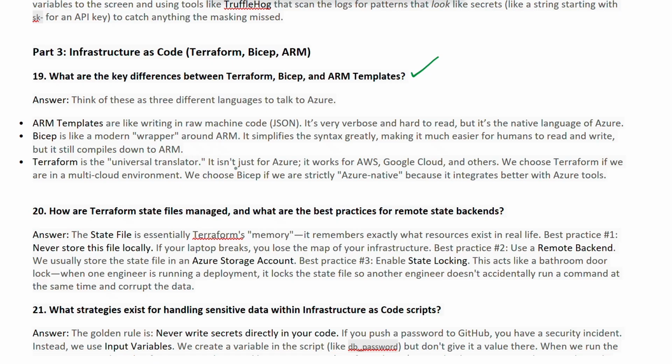It isn't just for the Azure cloud only. It works for AWS, Google Cloud, and other cloud service providers also. So we choose Terraform if we are in a multi-cloud environment, and we choose Bicep if we are strictly with Azure native cloud because it interacts better with Azure tools. So that is exactly what makes the difference between these three languages of IaC.